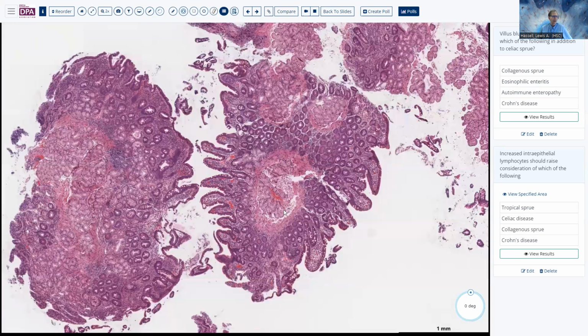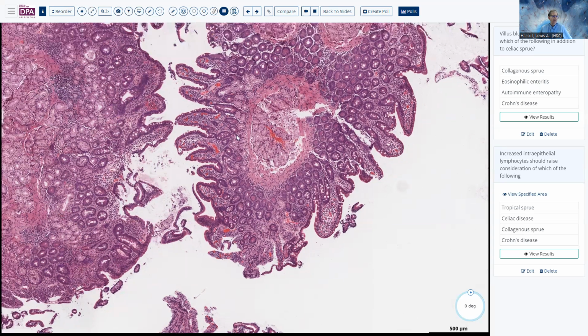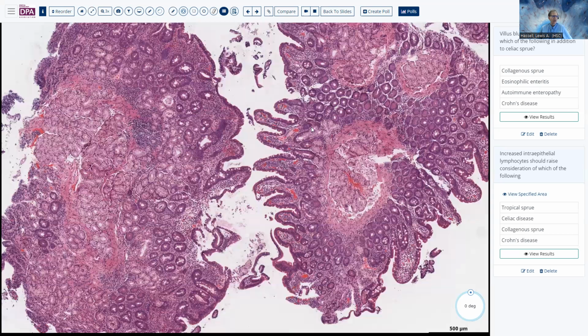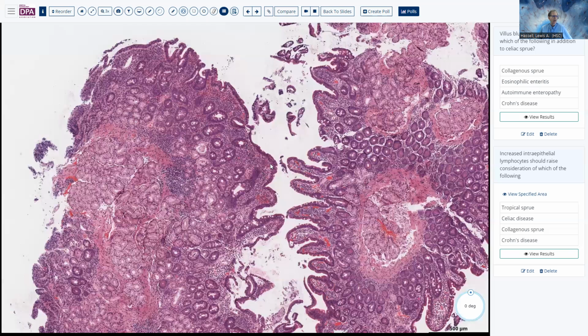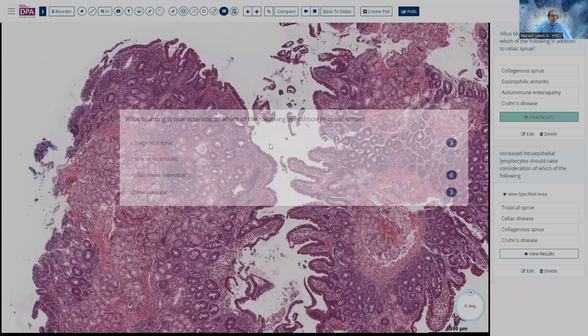So let's look at other areas and see if we have the same situation. Yes, we have a degree of crypt hyperplasia going on here, and some rounding or blunting to some degree of these villi. Here's some maybe a little closer to normal, but then over here, look and see that these are rather markedly blunted. So blunted villi, is that all we have to look at? Well, what else do we need to think about? Besides